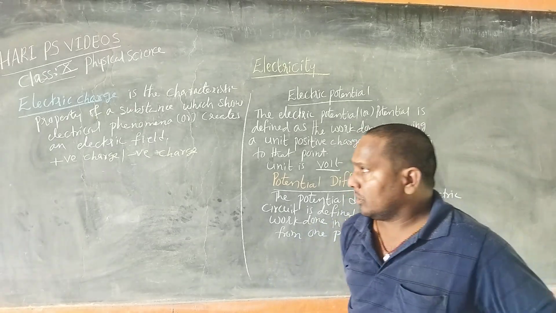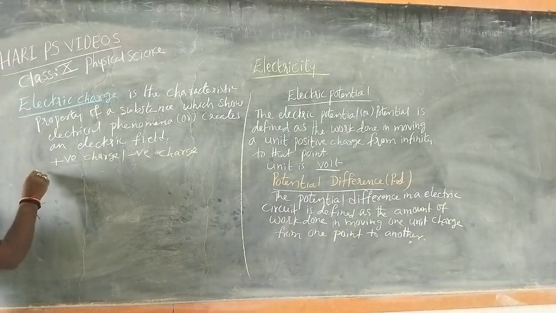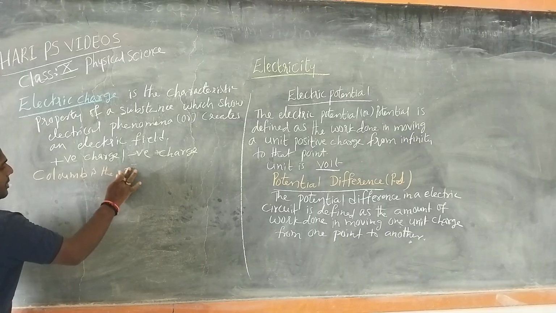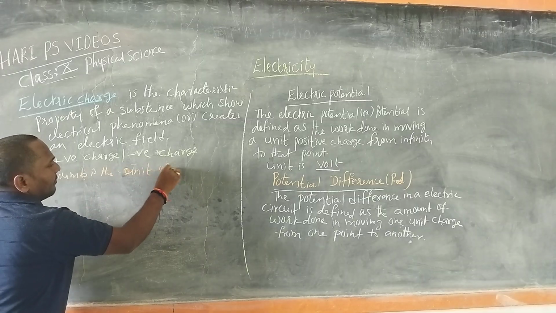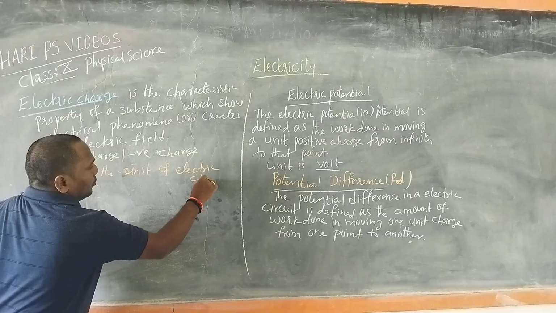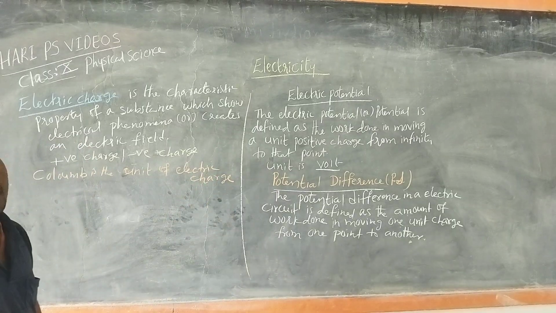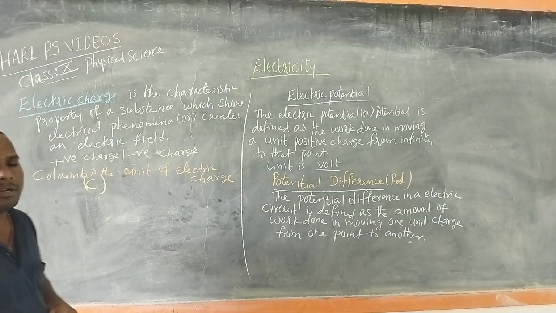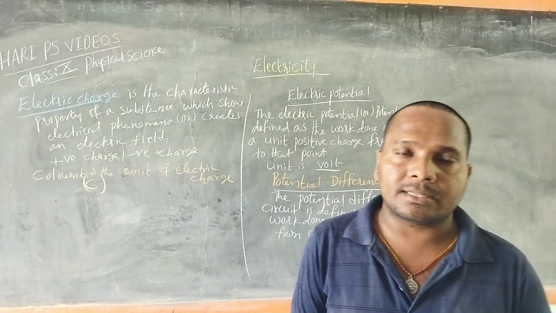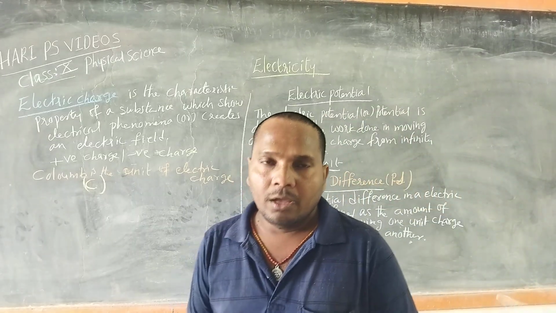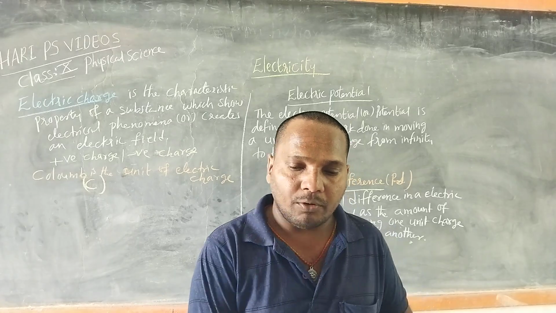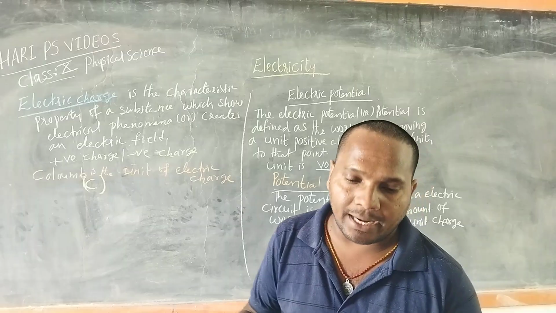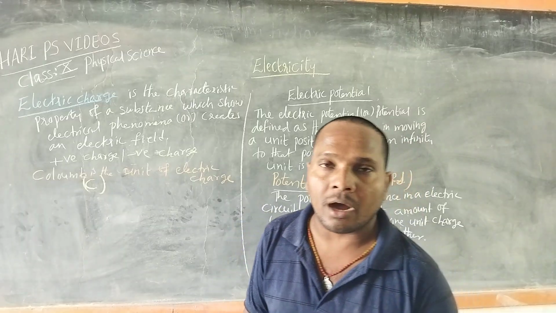Right? So Coulomb is the unit of electric charge. We can represent it with a capital C. The SI unit of electric charge is the coulomb, which is denoted by the letter C. We define this unit of charge as follows. 1 coulomb is the quantity of electric charge which exerts a force of